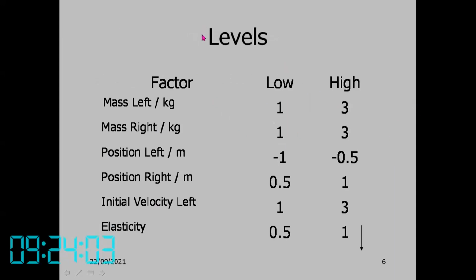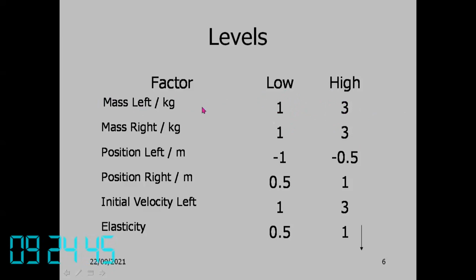Okay, so that is the second step, identifying all the factors. Then we have to decide the levels for each factor. So mass of the left, and the unit is kilogram. We have to decide the low level and high level. We have already learned what happens if you choose very close levels: tight control of factors will lead to lack of response. This is an important decision, but it cannot be obtained by statistics, only by your knowledge of the subject. Your understanding of the situation can help you decide these levels.